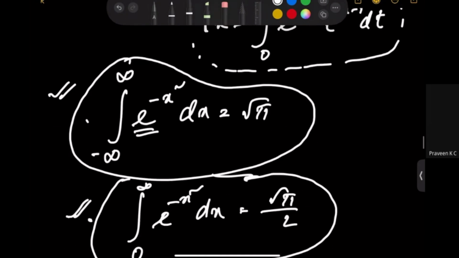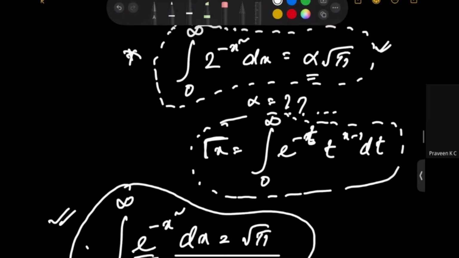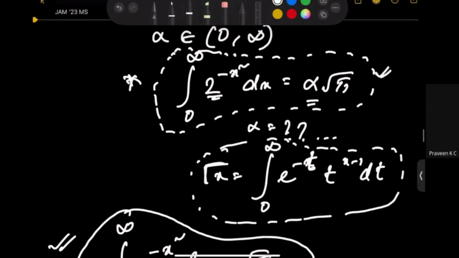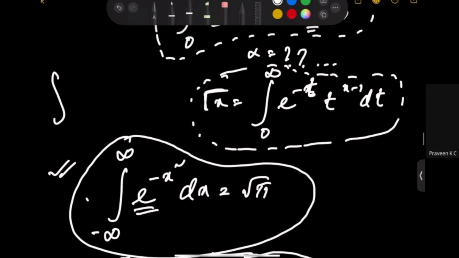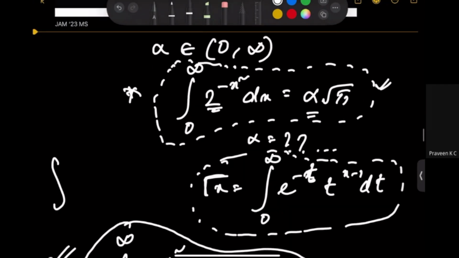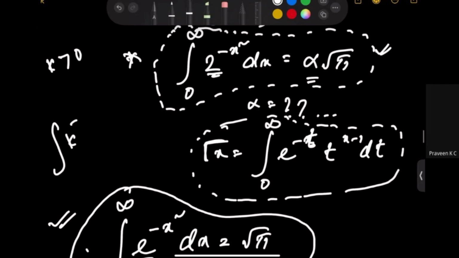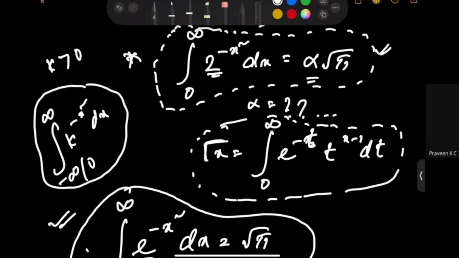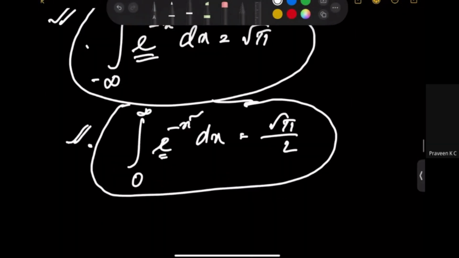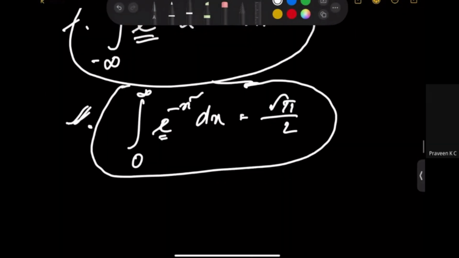Yeah, so there is nothing special about the e here. You can replace this e by 2 or by any positive quantity. So for any positive k, you can always find the integral of k to the power minus x squared dx, x going from minus infinity to infinity or from 0 to infinity. The method is very much the same as how you find this or this, right? If you recall,